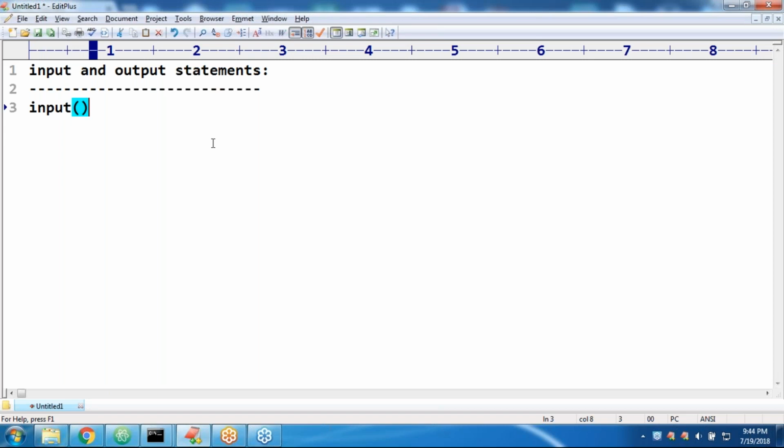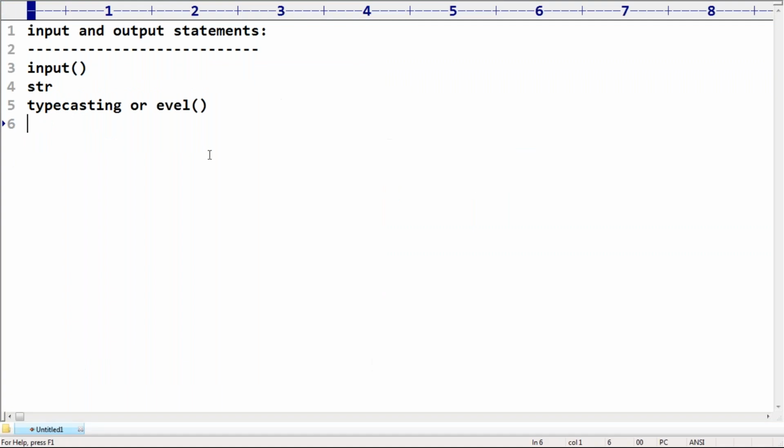But what is the problem with the input function? Very simple: the return type is always a string. Compulsorily we need to perform typecasting, or we need to use the eval function. Already we discussed that. Next, we need to discuss how to read